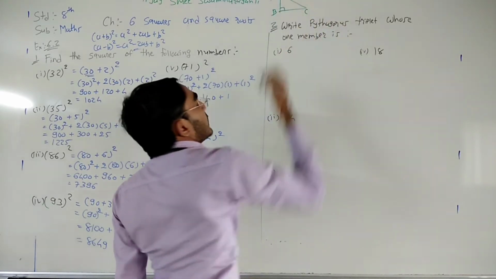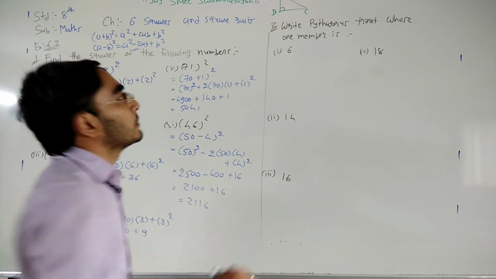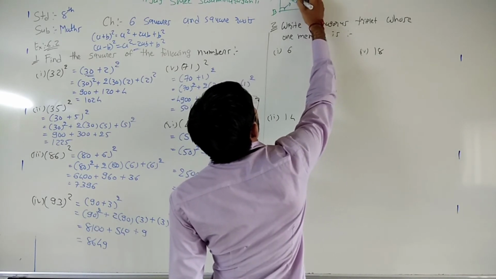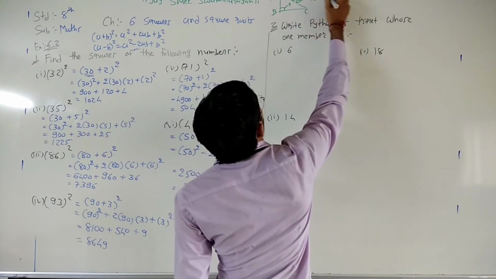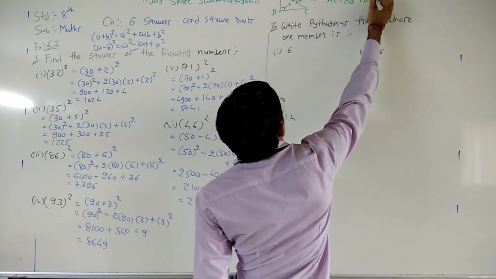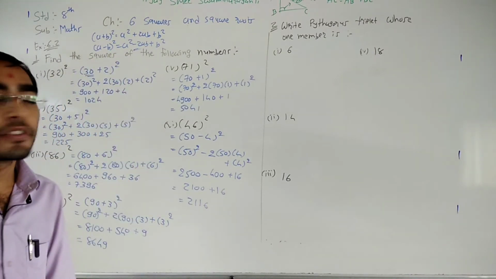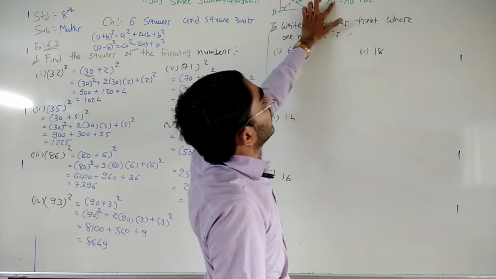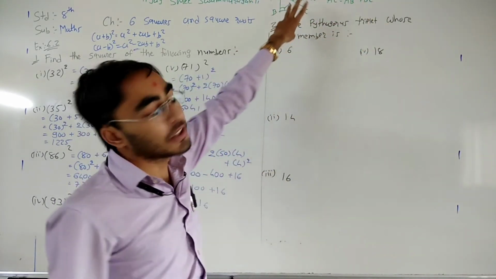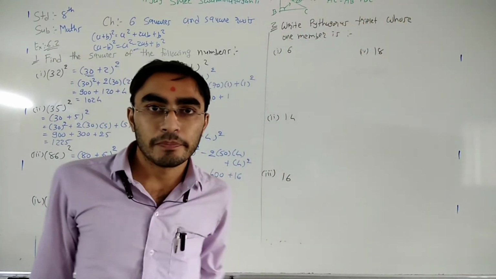Okay, in a right angle triangle we have one angle of 90 degrees, and for a right angle triangle we have the Pythagoras theorem for these sides. This is called the hypotenuse. So the Pythagoras theorem is: hypotenuse AC square is equal to AB square plus BC square. This rule is followed by a right angle triangle. So the 3 sides of a right angle triangle follow the Pythagoras theorem.